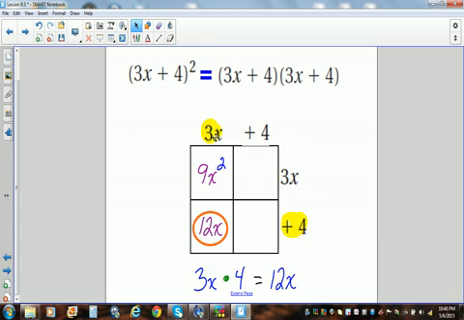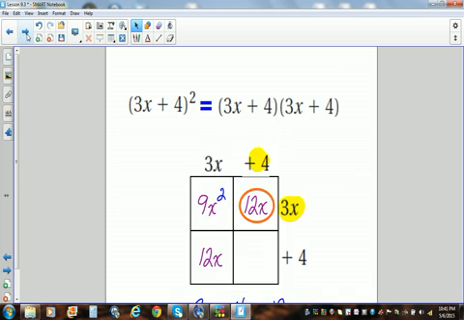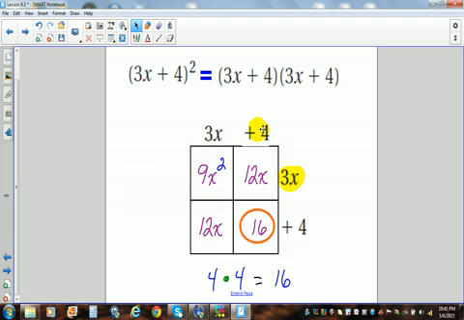Now we are going to multiply the term 3x by positive 4. 3 times 4 gives us 12, and the variable x tags along for the ride. Now we have positive 4 times 3x, and that's going to give us, again, 12x. And last but not least, we will multiply our constants together,